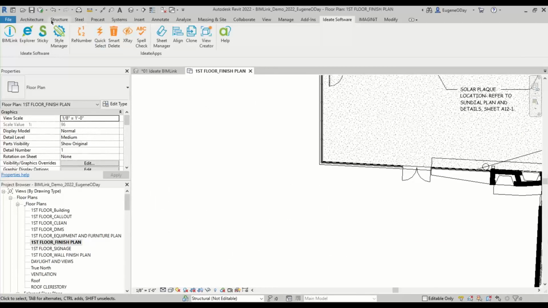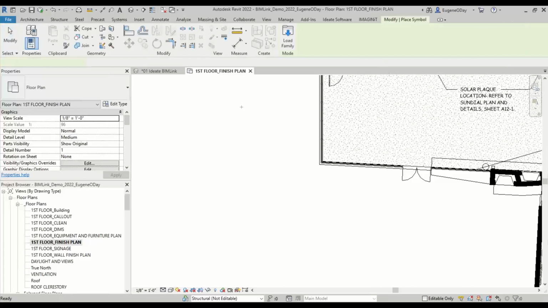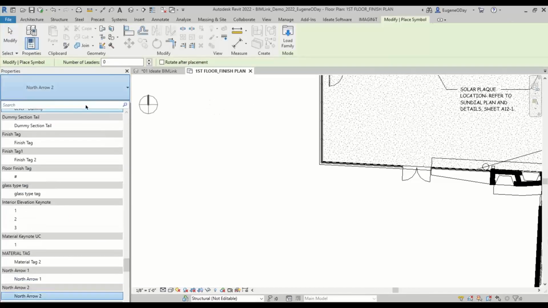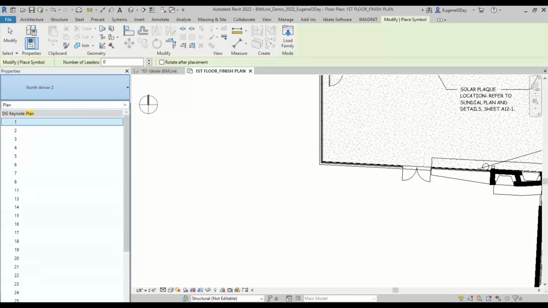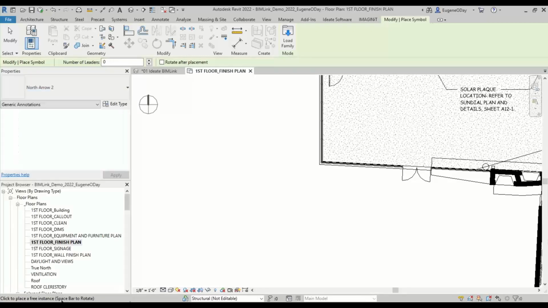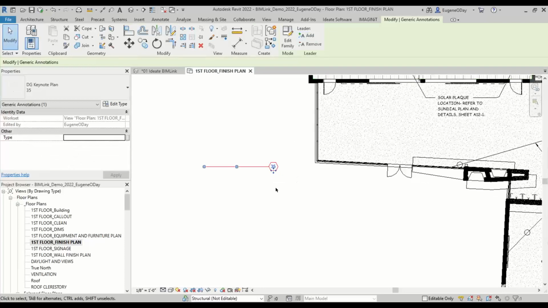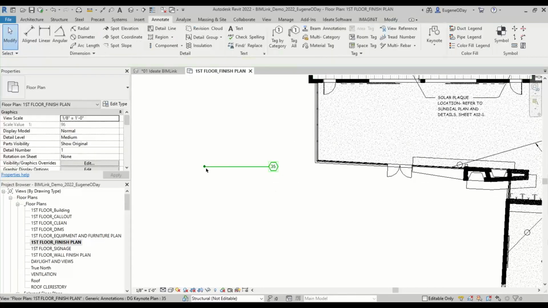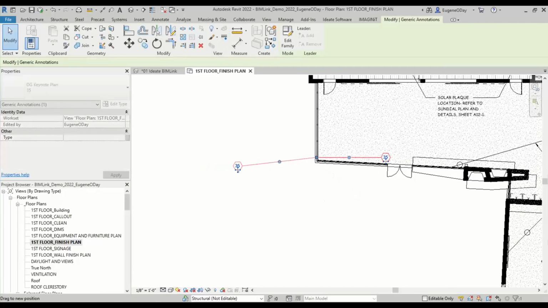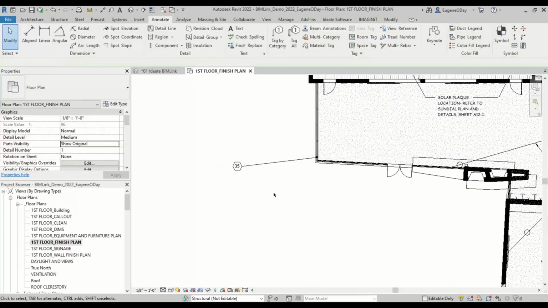And let's throw in a little note here. So go to annotation, symbol, and let's grab one of my symbols here. Remember I had that as plans, and the bottom one, that's what I'll grab. There it is. And remember that I had an arrow that was a dot, so if I add a leader to it, and I look at it, there's my dot. So there's a quick tour, and now we'll move on to our